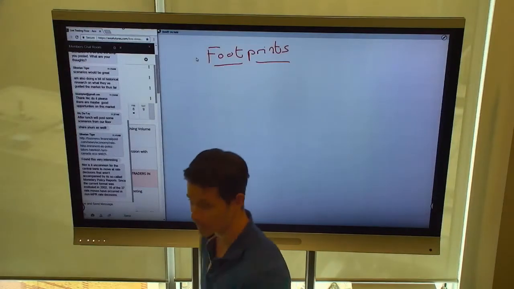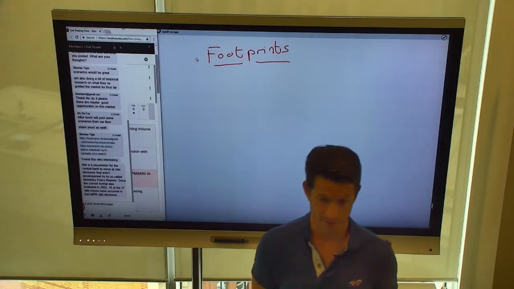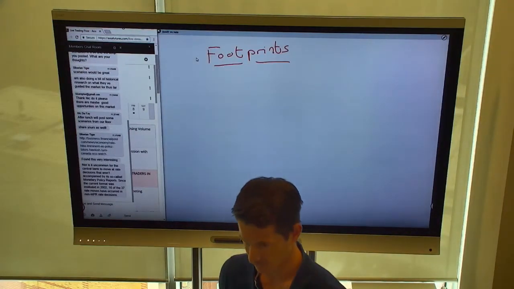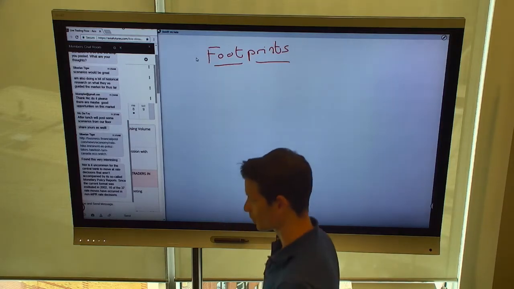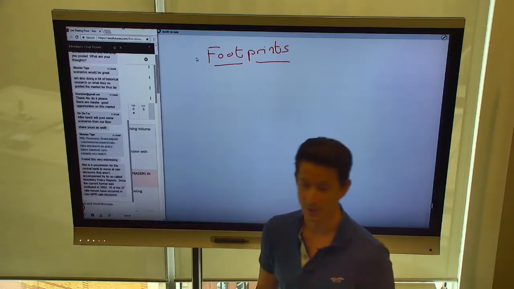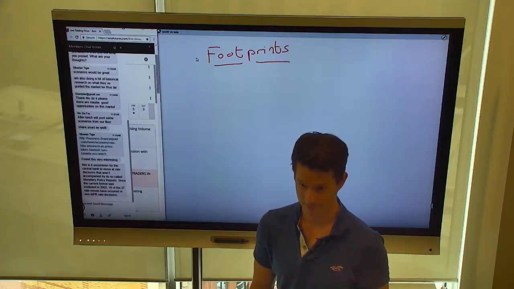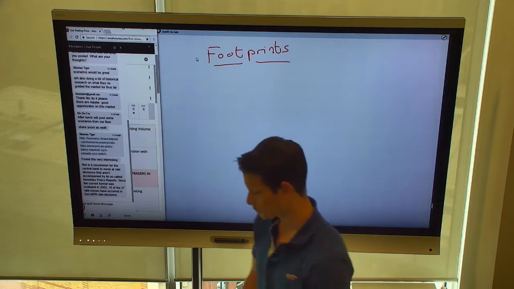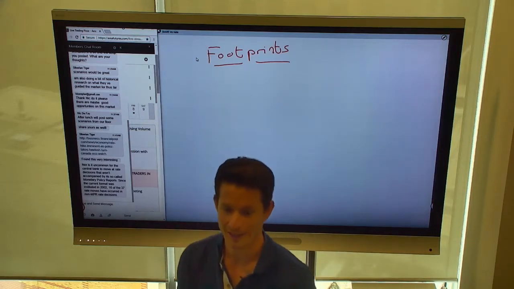What I really like about footprints, it's been around for 5 years. The concept has been around for 5 years. However, it's not widely utilized or applied. Why? Because most people probably don't understand how to utilize it. And that comes, if you watch last week's mentored session, it was all about trading tools.